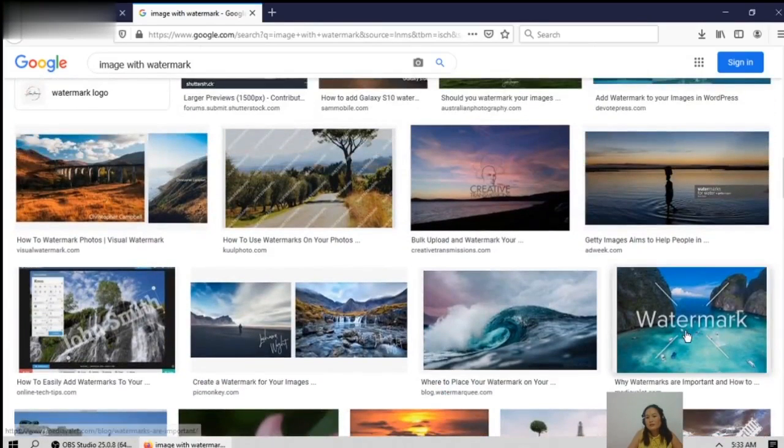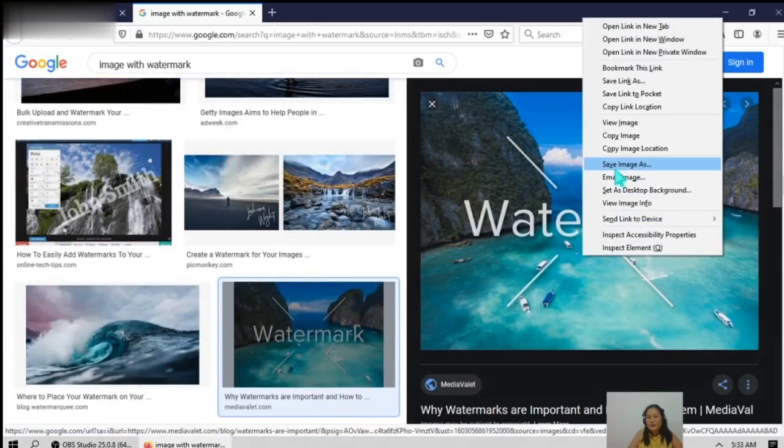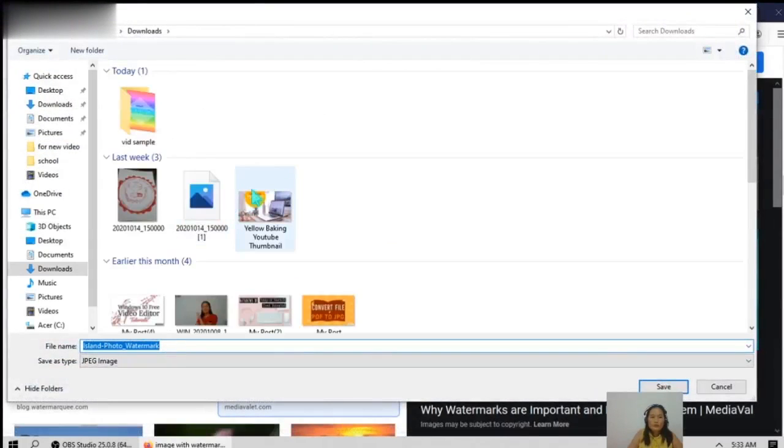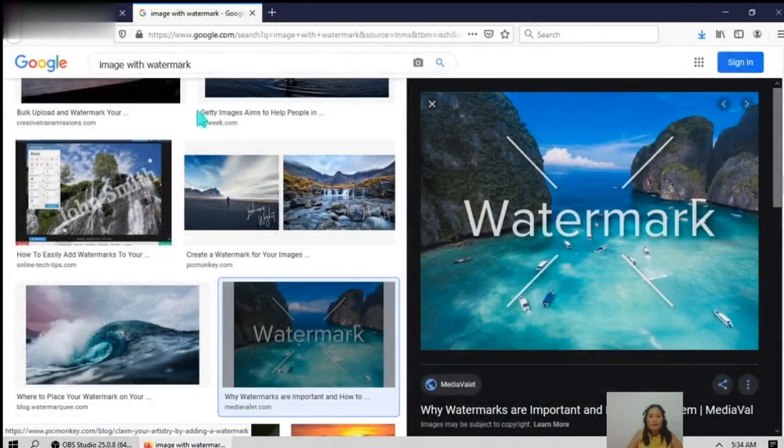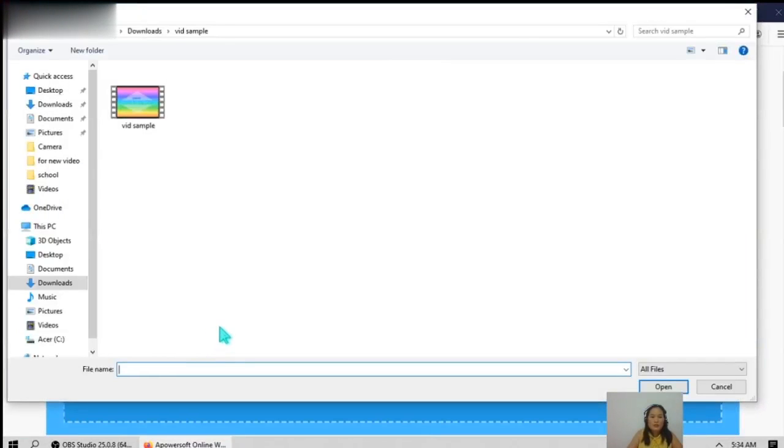Okay, so this picture, we will try to remove the watermark. Sample and save. So back to PowerSoft, click this to download the